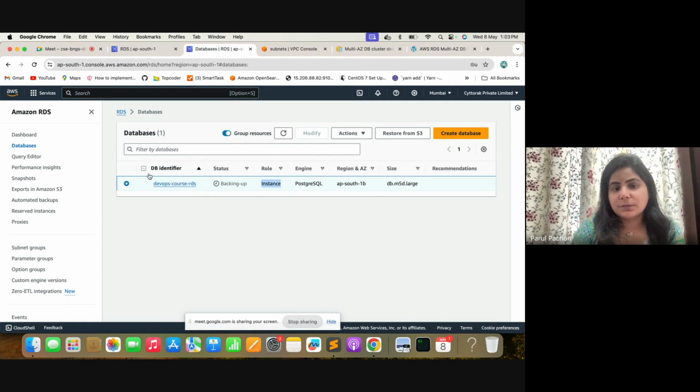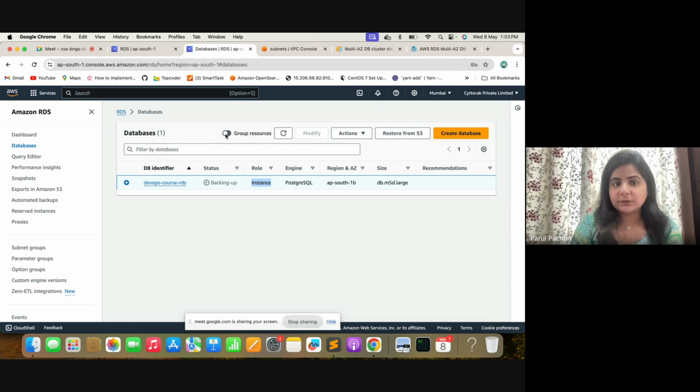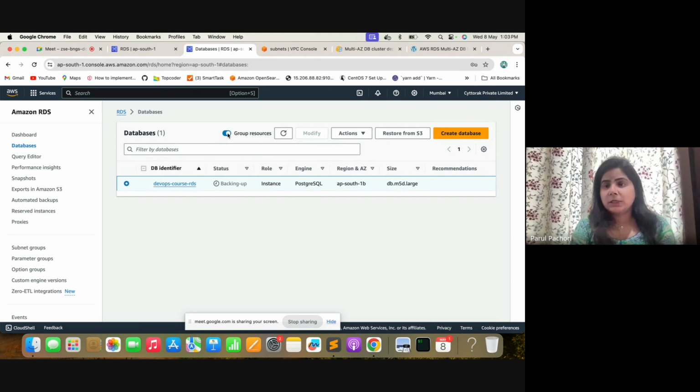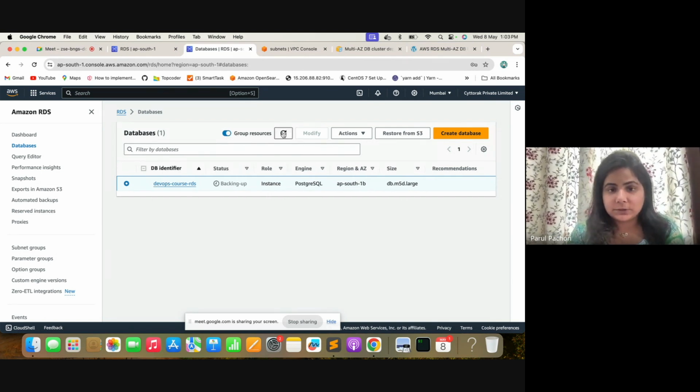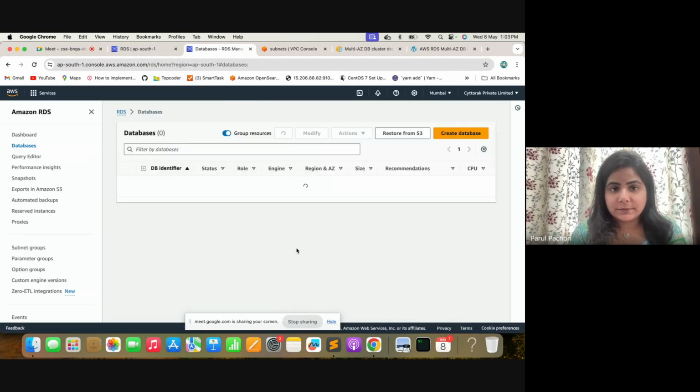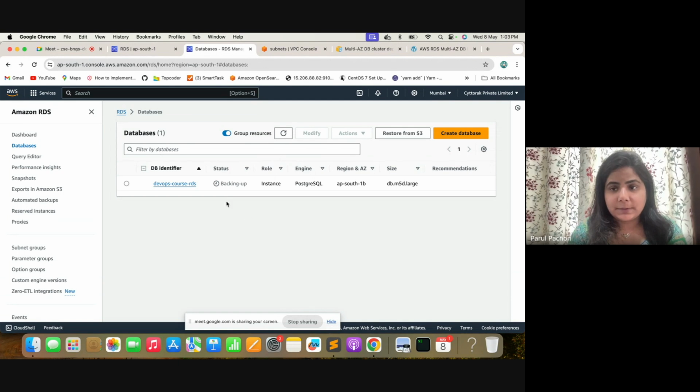When you do group resources, it will show you the entire group, as in if it is a cluster, then all the cluster plus instances. If you remove this, it will not show you. It will show you only the main cluster, okay? Not all the instances. So you're getting familiar with this, I hope. Waiting for it to become active once again,